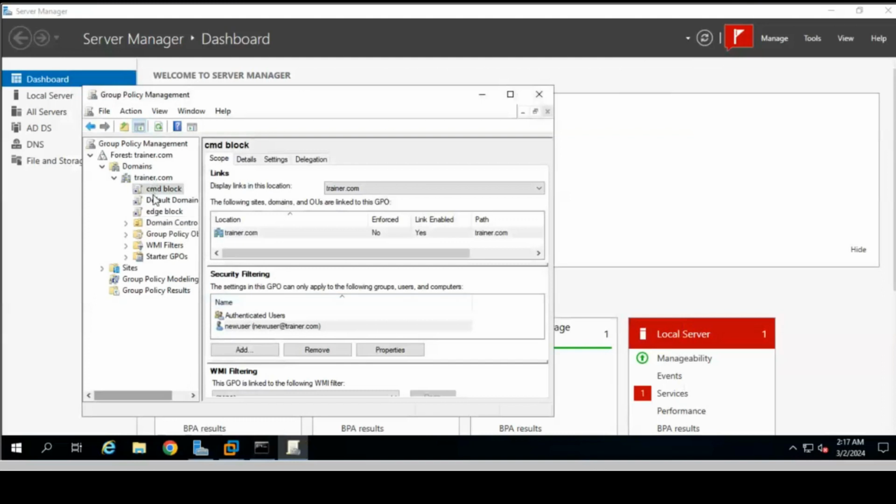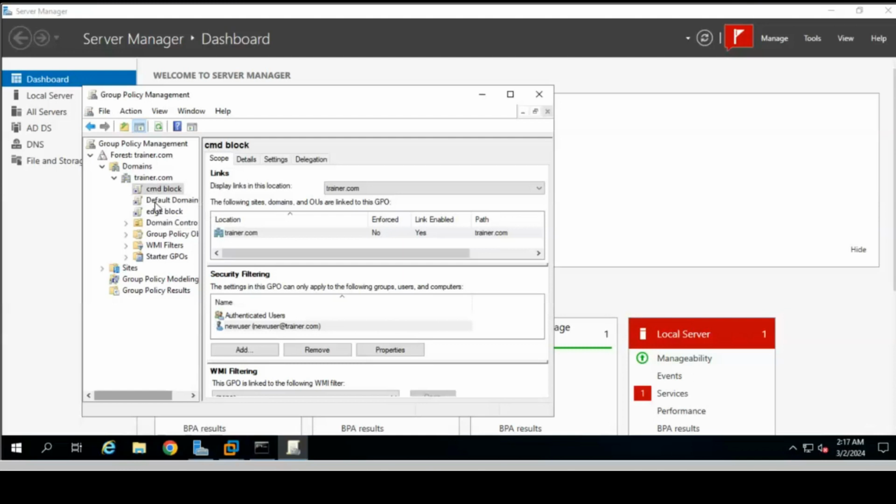Because here you can see I applied this type of GPO on this trainer.com, and under this trainer.com my machine also comes. So that's why it is also applied on my machine. And here in authenticated users, new user, that's why it is also applied on my machine.